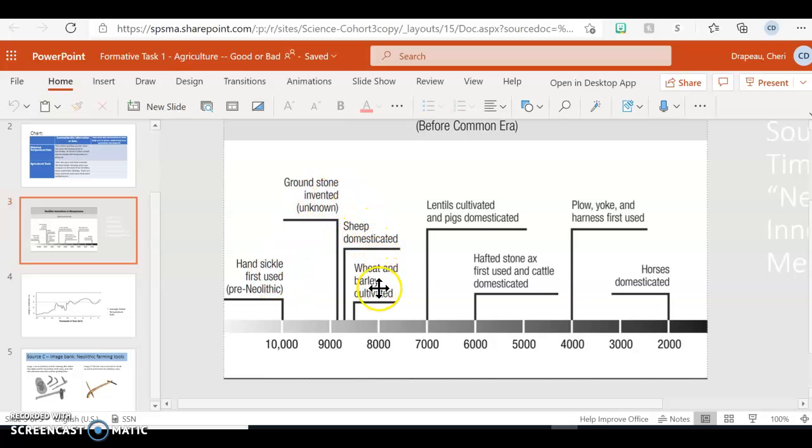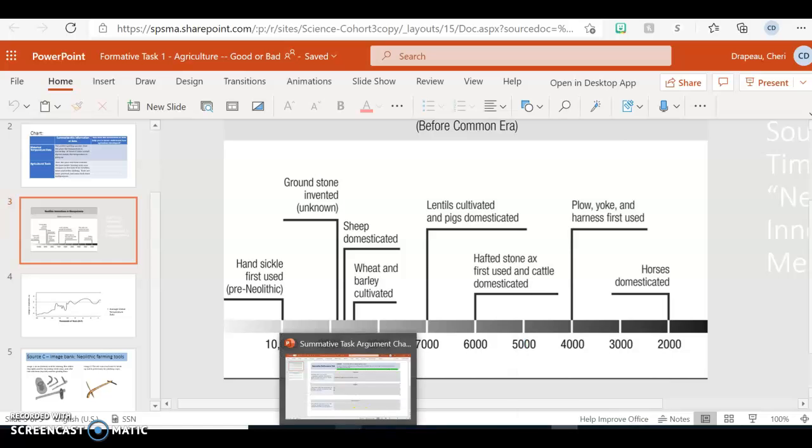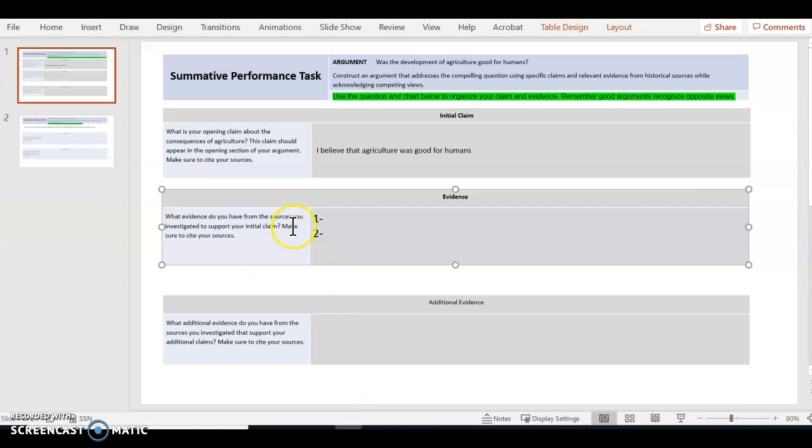animals, some plants and animals, another tool and some animals. So we're seeing a lot of different food resources as well as tools to gather those food resources. So to me, that looks like a good thing for agriculture. We've got a lot of new stuff happening. So what I'm going to do is I'm going to go back to my PowerPoint, my summative task argument, and